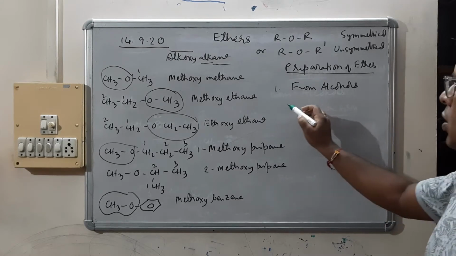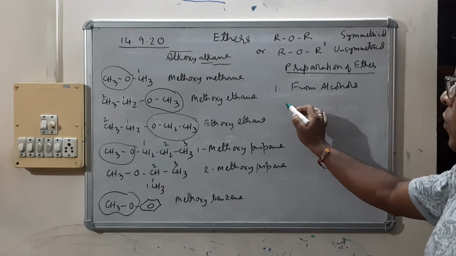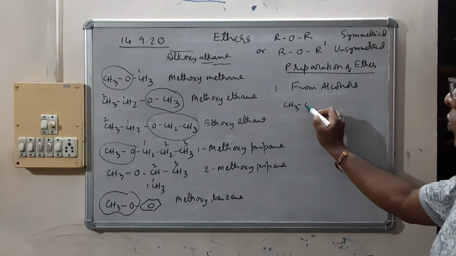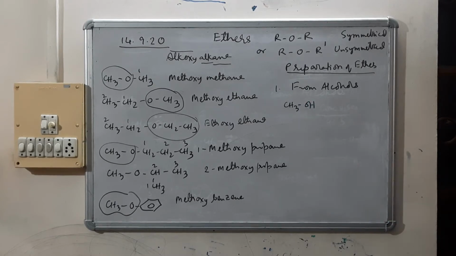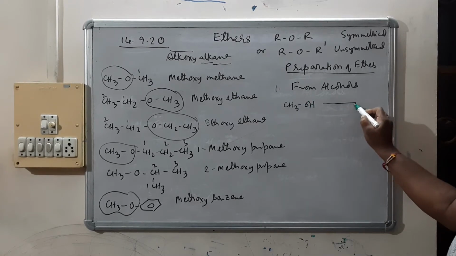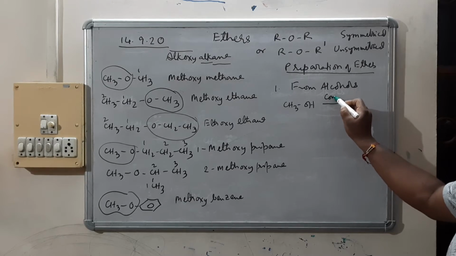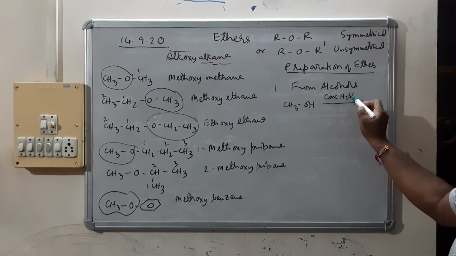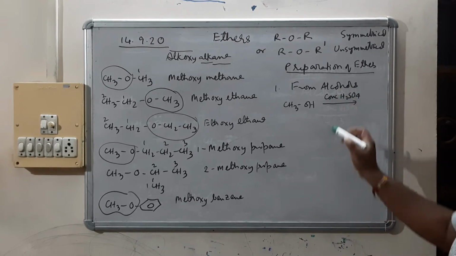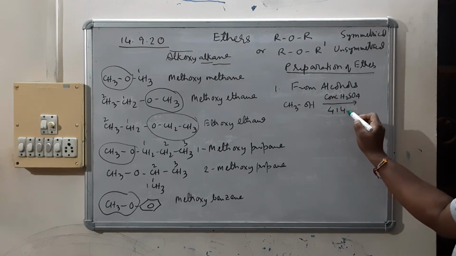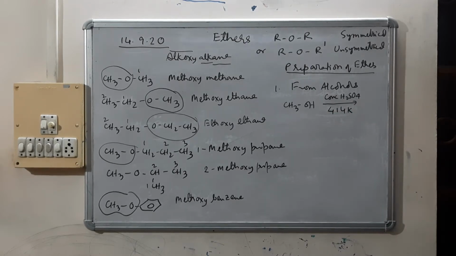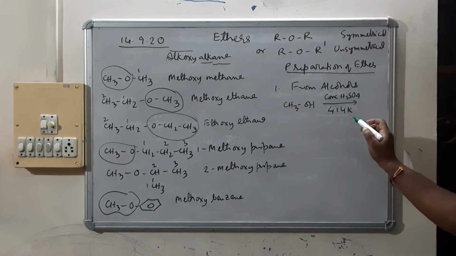So say if I take methyl alcohol, if it is treated with concentrated sulfuric acid at a temperature of 440 Kelvin, then we get